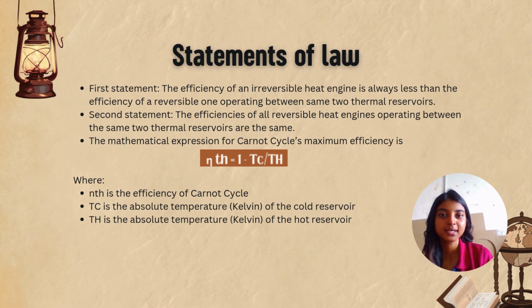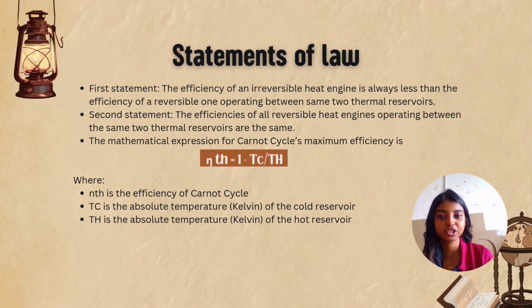The first statement: the efficiency of an irreversible heat engine is always less than the efficiency of a reversible one operating between the same two thermal reservoirs. The second statement states that the efficiencies of all reversible heat engines operating between the same two thermal reservoirs are the same. The mathematical expression for Carnot cycle's maximum efficiency is η equals 1 minus Tc over Th,